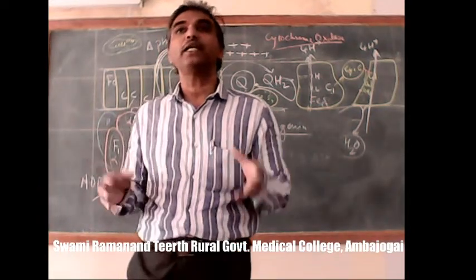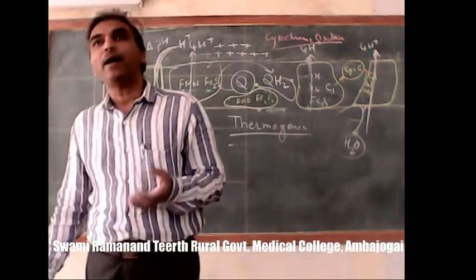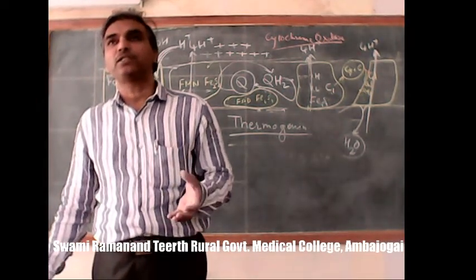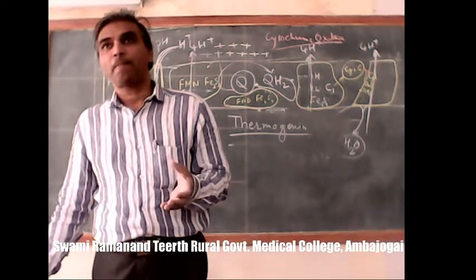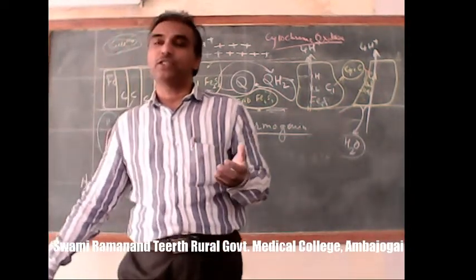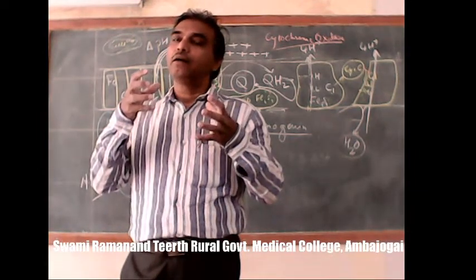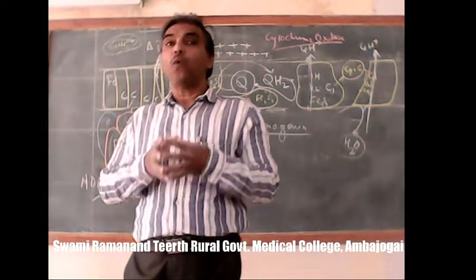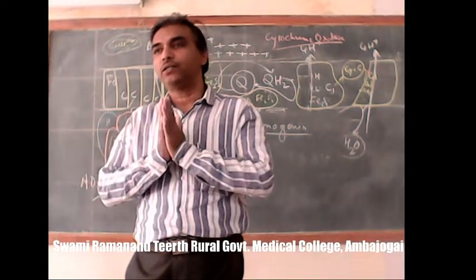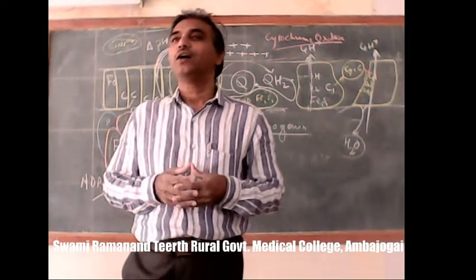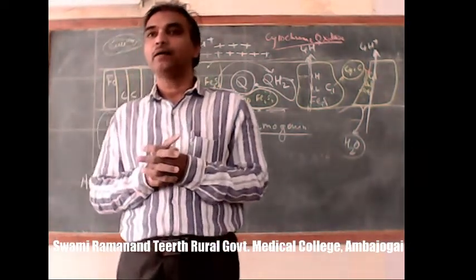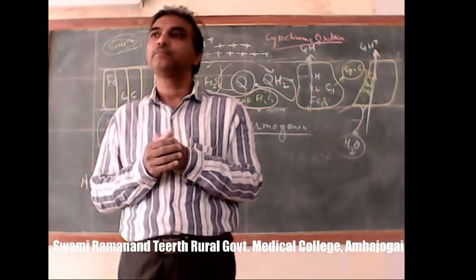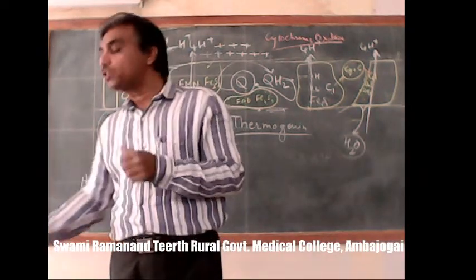The electron transport chain complexes can be inhibited by various reagents, chemicals or poisons, and there are dreadful effects of this inhibition of oxidative phosphorylation. What can be a terminal effect of inhibition of oxidative phosphorylation? Anybody? If oxidative phosphorylation stops, then what happens? This is not compatible with life,